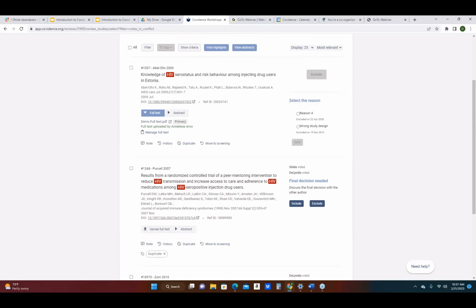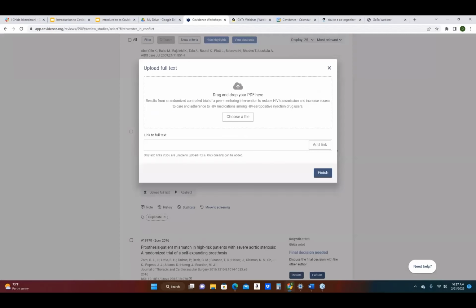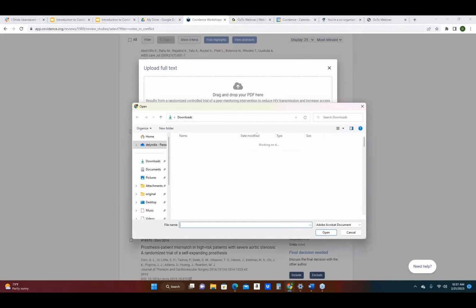So let's see here. You can drag and drop the PDF directly onto the full text screening. Also, once you attach a PDF manually, the system will show you who uploaded the PDF as I showed you previously. So if I chose to select it from a desktop,